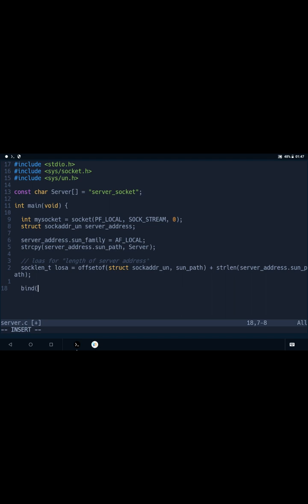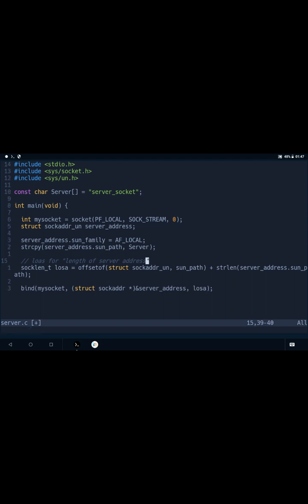So say bind to socket, the structure socket address pointed to server address, and say the